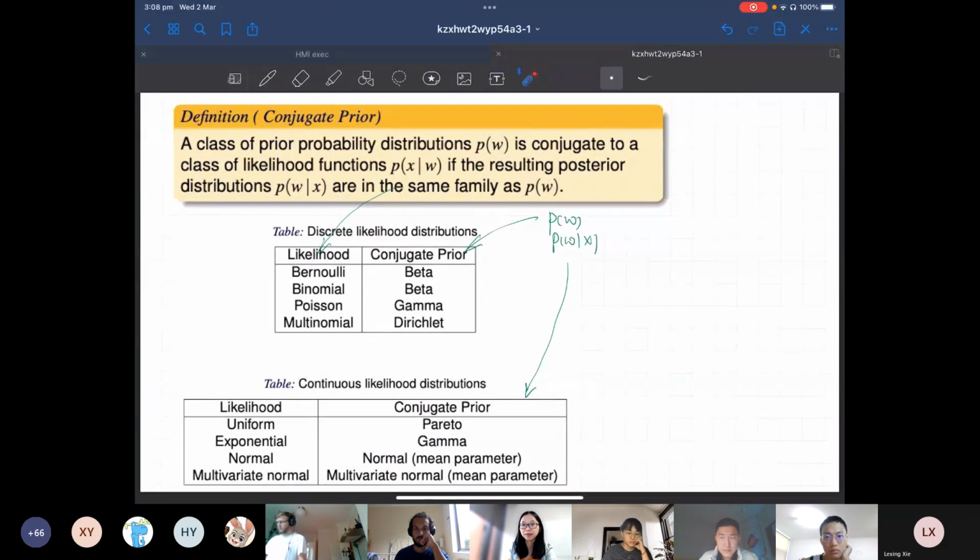But in general, the likelihood and the conjugate prior are not the same form. On the other hand, as you will see in Assignment 1, this is another benefit of the exponential family. Basically, if the prior is in the exponential family, the conjugate